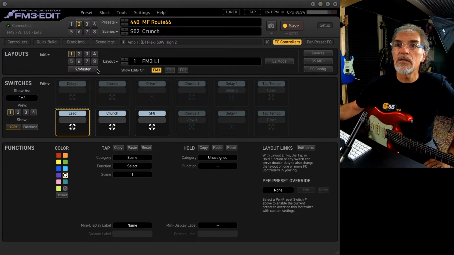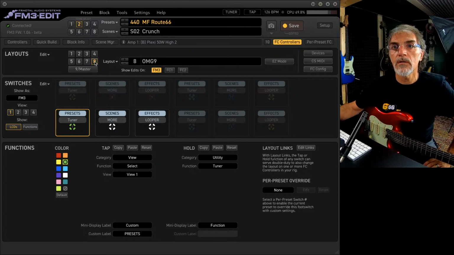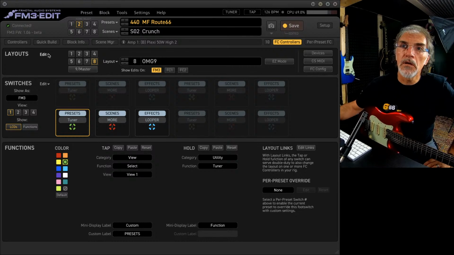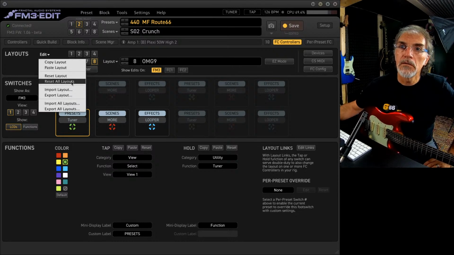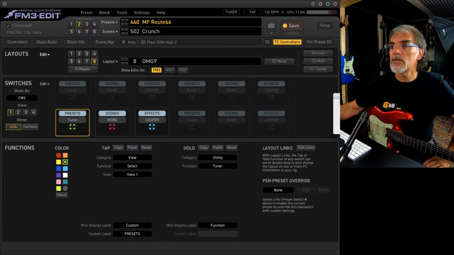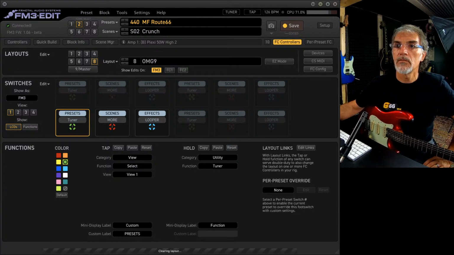Let's start from a blank layout like this one. Let me check. Yes, I can delete that layout. Let's start from 0.